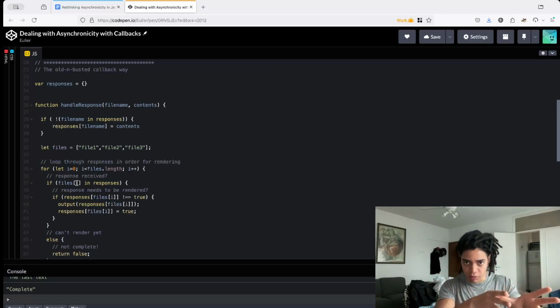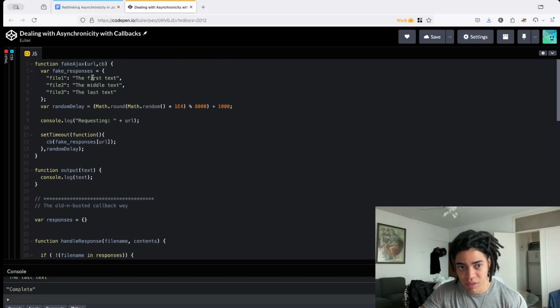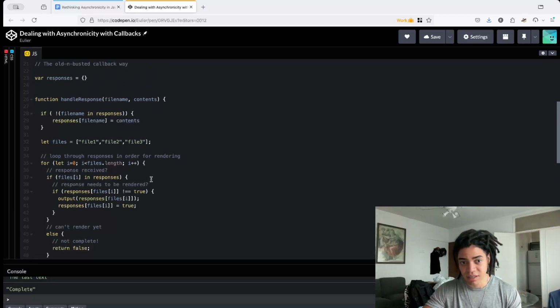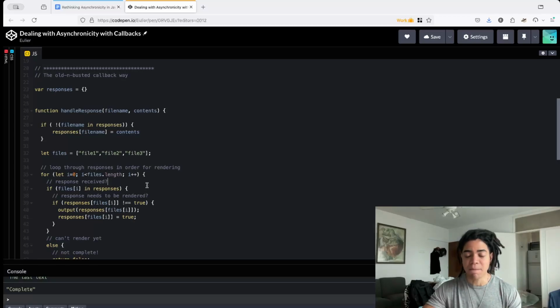In other words, we need to have a record here, in a map or in an object, that allows us to keep track of when the data has arrived. And because this data can arrive at any time in the future, we need to show them in the proper order. So here we just fix this with the files, because we already know what the files are here, but we actually need to go through this particular code, which is again not nice. It does what it's supposed to do, but we need a better pattern to handle this, or at least a pattern that